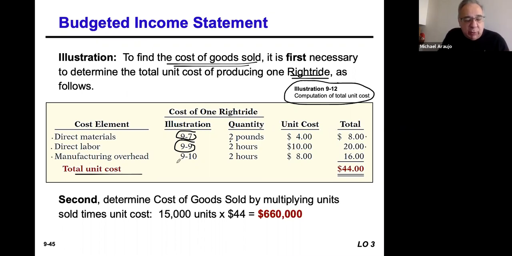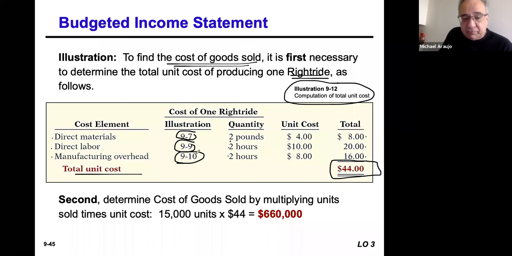And then manufacturing overhead, which is one of the last budgets we looked at, illustration 9.10, also on page 373, says that we have variable and fixed costs that average $8 per unit. That's the very bottom number on that budget, $8 per unit. It's going to take 2 hours to do it because it's based on labor hours. At $8 per unit, there's your $16 in total. So every single unit of this right ride that we produce is going to cost us $44 in cost of